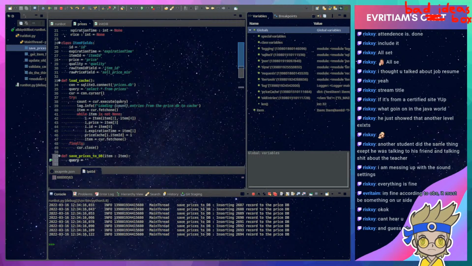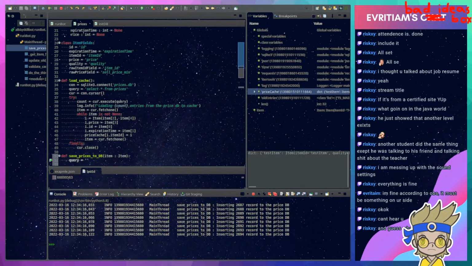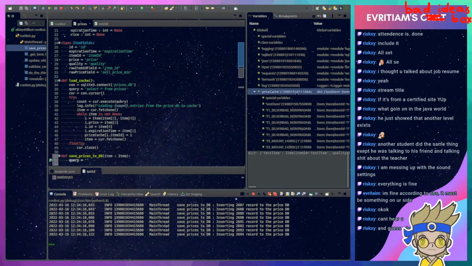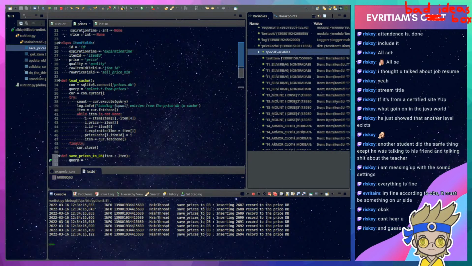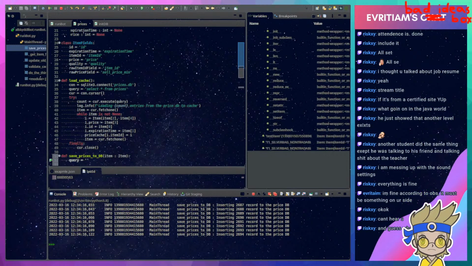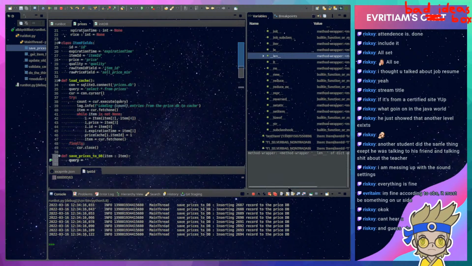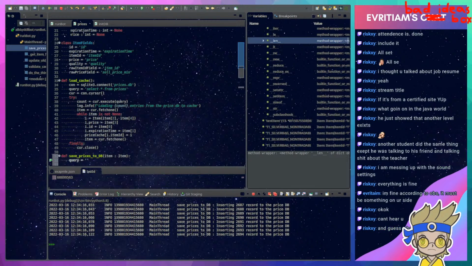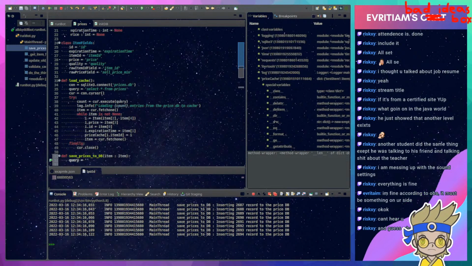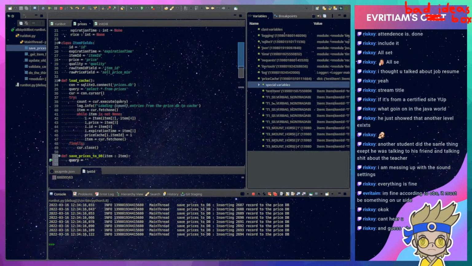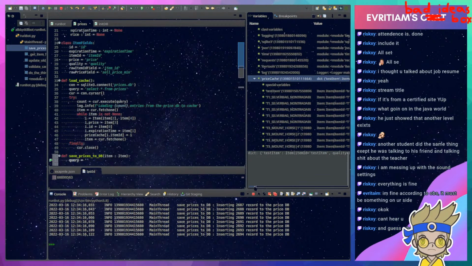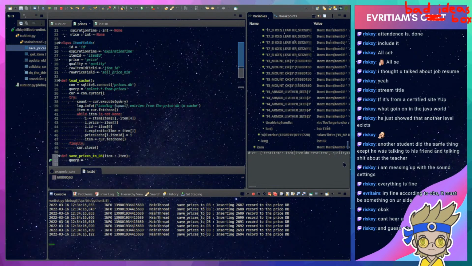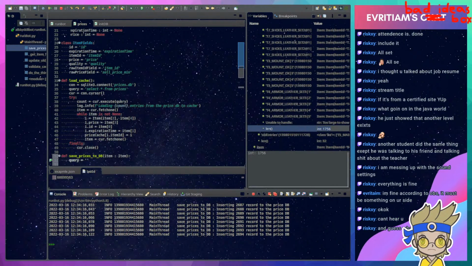Price cache. Does it have... the object was... but it definitely has a lot of entries. See how many? Oh yeah, it has 1,700,